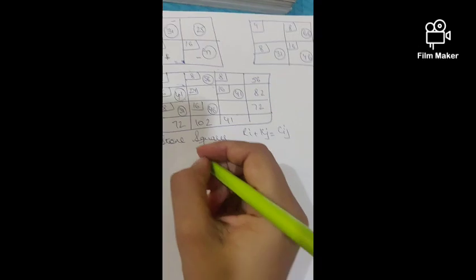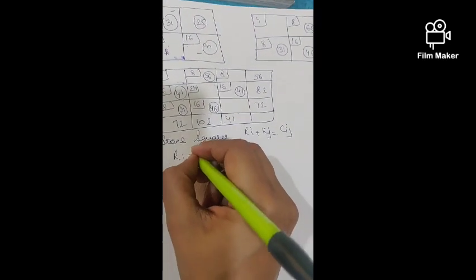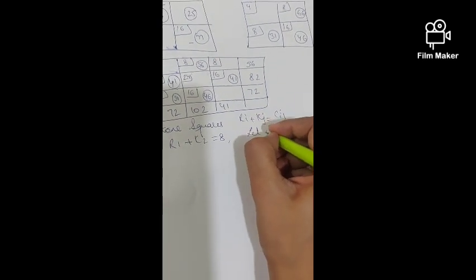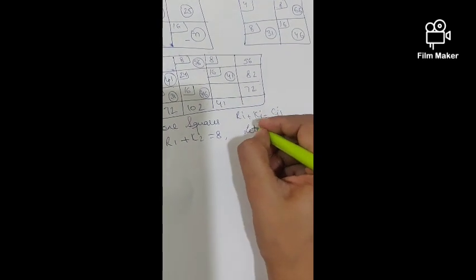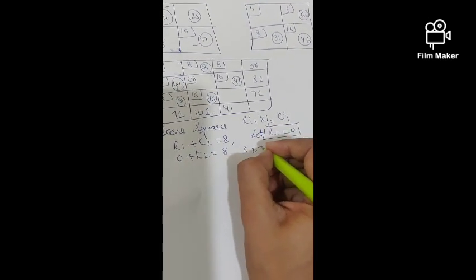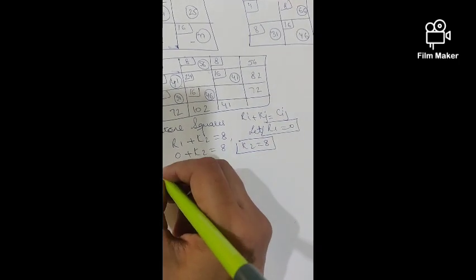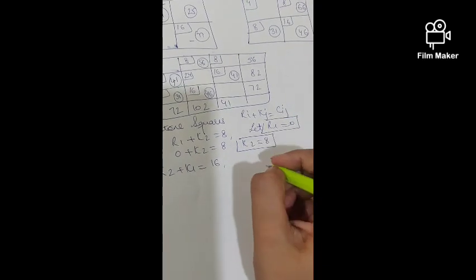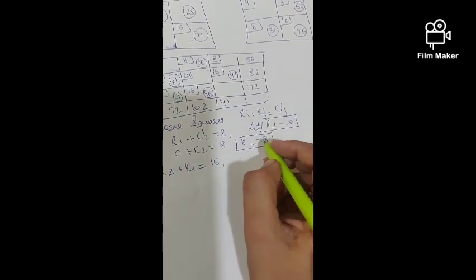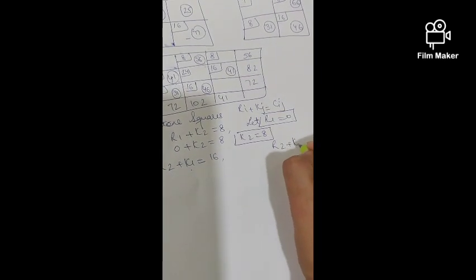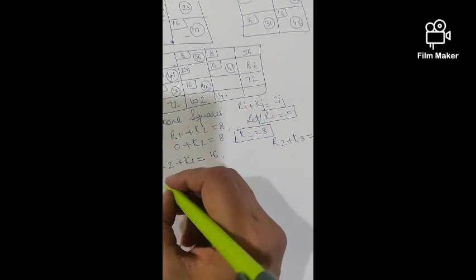Then Ri, first stone square we have is R1 plus K2 is equals to 8. Let R1 is equals to 0, put it in a box. 0 plus K2 is equals to 8. K2 is equals to 8. Now, second stone square we have is R2 plus K1 is equals to 16. We don't have any of these, so we can leave this for the time being. Then we have R2 plus K3 is equals to 16. We still don't have anything. We can leave this thing.